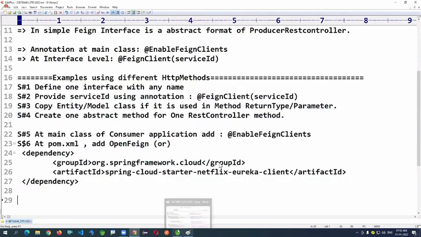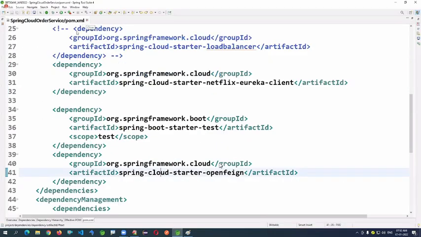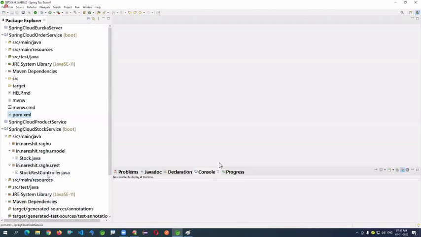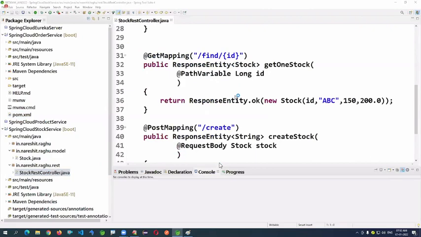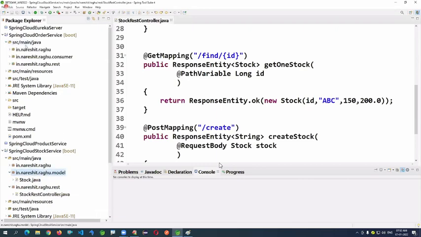Now I am writing the code here. Look at this, this is the stock REST controller. Here I have the entity class; I'll copy and paste.